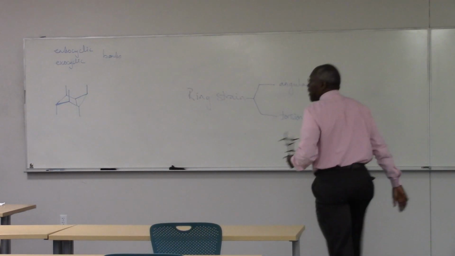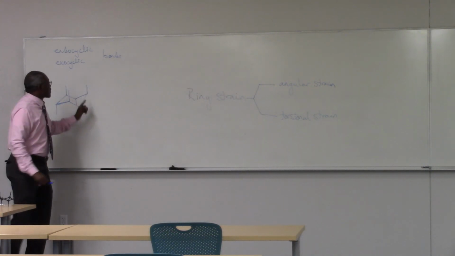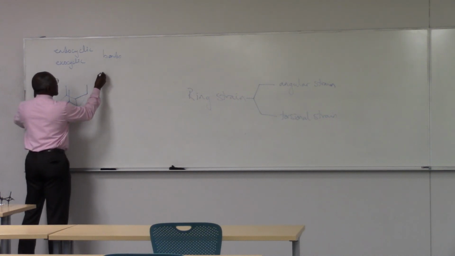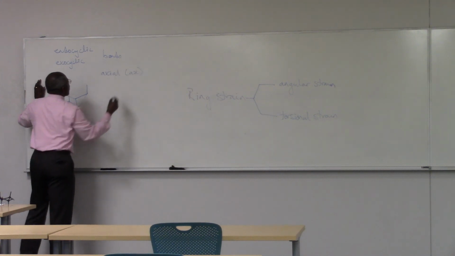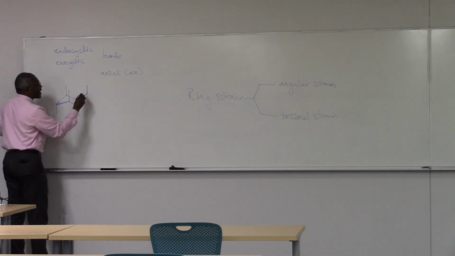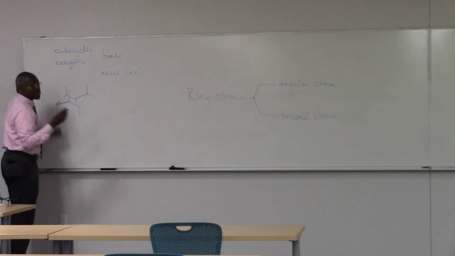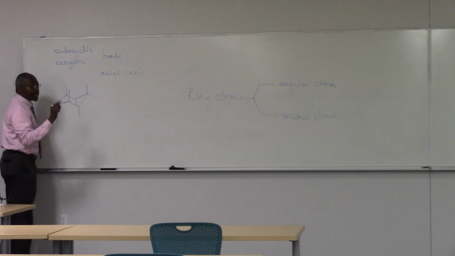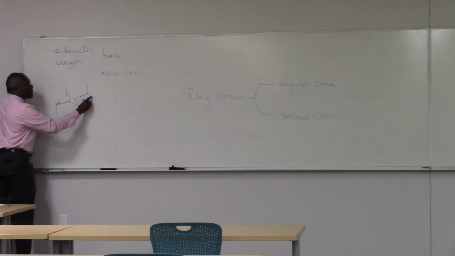So, where are my equatorials? Well, if my axial is up, and again, this is the axial, which is abbreviated AX, my equatorial points down at an angle. And the angle has to be 109.5. I don't want you to measure it, but I want you to draw it so that it is 1, pointing away from the body of the ring, and 2, parallel